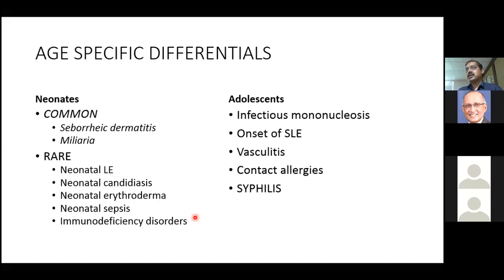It could be vasculitis, or contact allergies, or syphilis, because that is the age when they start experimenting. Syphilis is back again. Earlier we thought we had good control of syphilis. Now it is back again, right? And in atypical forms. I have patients under me who are on crystalline penicillin, on benzathine penicillin, and doxycycline, but still not responding. So there is an atypical presentation of syphilis. And maculopapular rash can be a presentation of secondary syphilis, mind you. So always think of this also in your differential diagnosis.